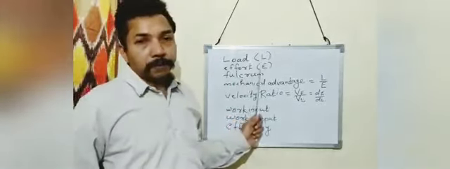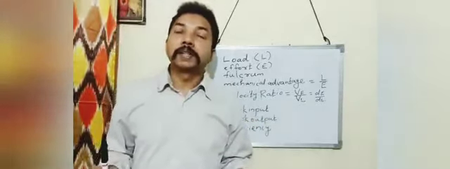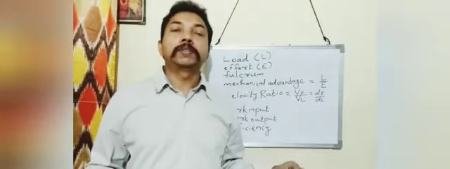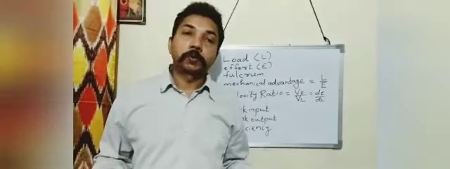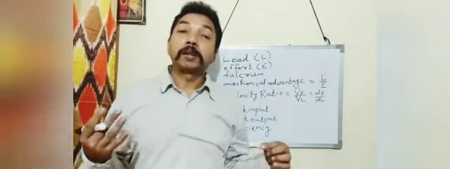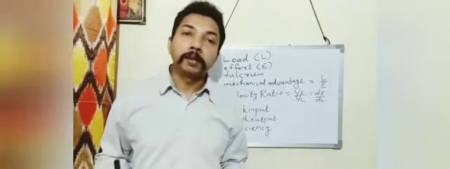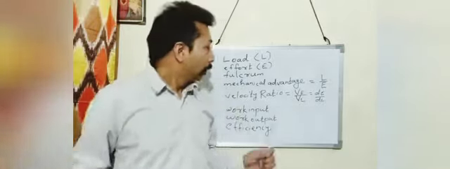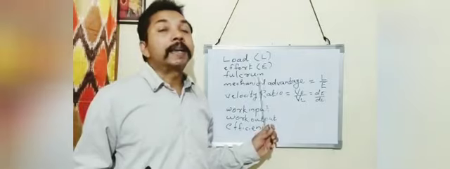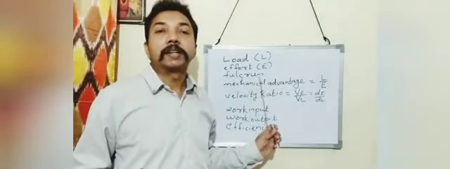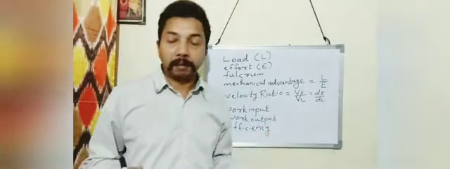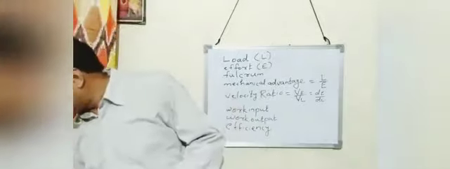Then effort. Effort is the force which is applied on the machine to overcome the load. Then fulcrum. The turning point of a machine is called its fulcrum. For example,